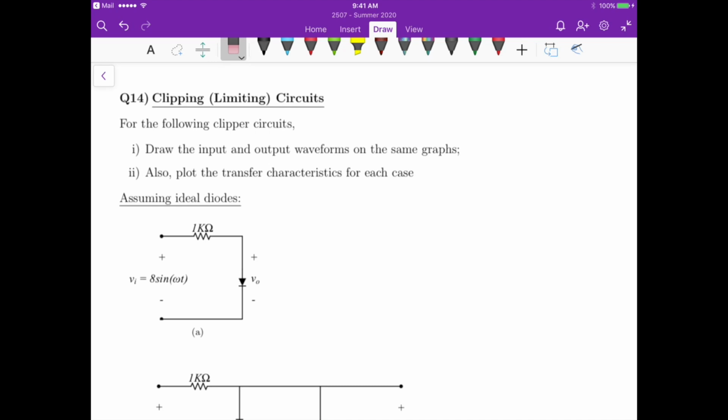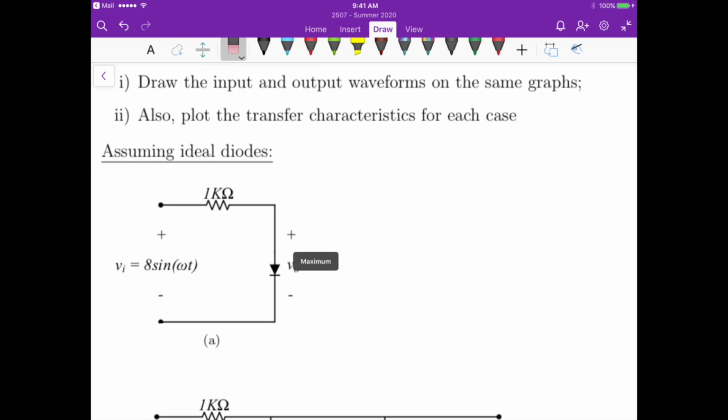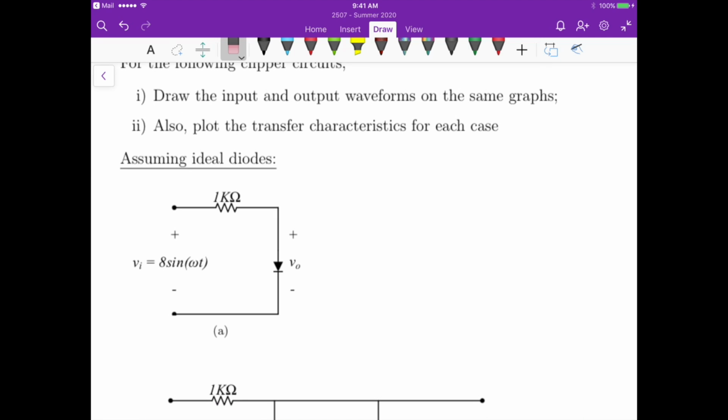For Q14, we have clipping and/or limiting circuits. So we have to draw the input and output waveforms on the same graphs and also plot the transfer characteristics for each case. So let's start with part A. In this case, we know that the input, so let me draw here